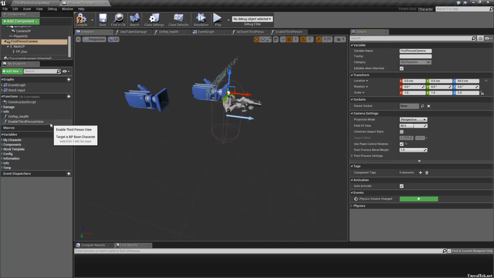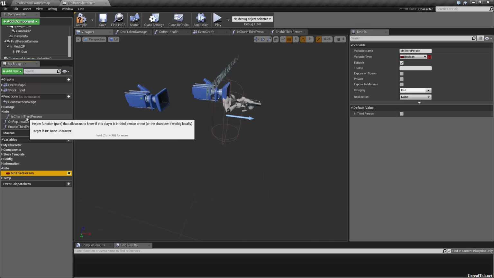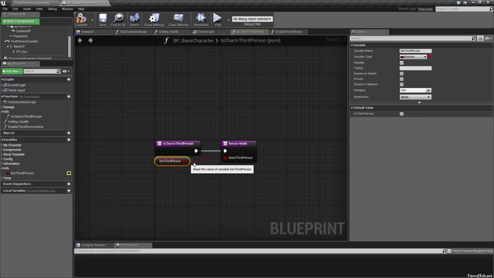And so what we did is, under the info category, I created a variable called B in third person, a Boolean obviously because of the B. It's editable, it's in the info category, and currently it's set to false. We'll probably set it to true later, because Battlefield is in third person a lot of the time. And we also created a helper function called isCar in third person, which returns that value,